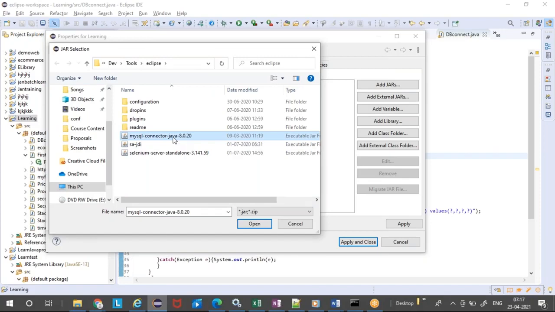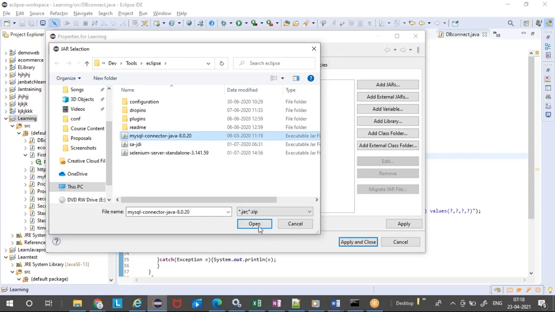Say for example you need to create a Selenium script. For Selenium you need to have the driver related jar files, all the Selenium related jar files. You need to go and download these Selenium jar files, and then add those jar files to whatever separate project you might have for Selenium. In our case, we are going to connect to a database. For that, we need MySQL connector Java.